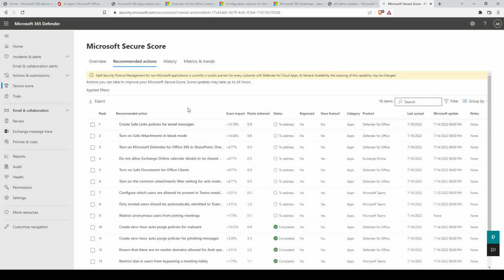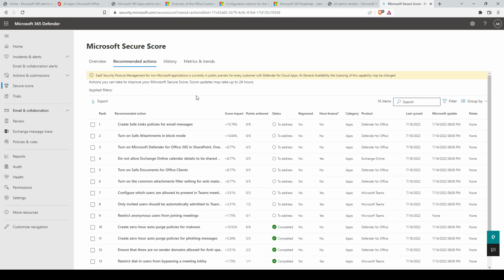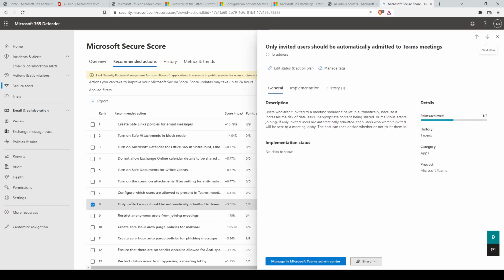The next thing we want to do is to click on Recommended Actions. This will populate the list of actions to review. So on the list of actions to review, we can sort them however we want, such as according to their rank, score impact, points achieved, status, and so on. And once you complete the recommended action, it will increase your security score based on the score impact of the action. As an example, we'll select a simple one such as only invited users should be automatically admitted to Teams